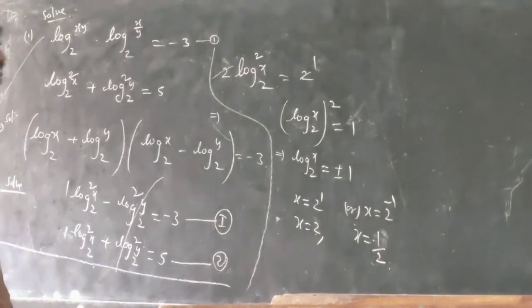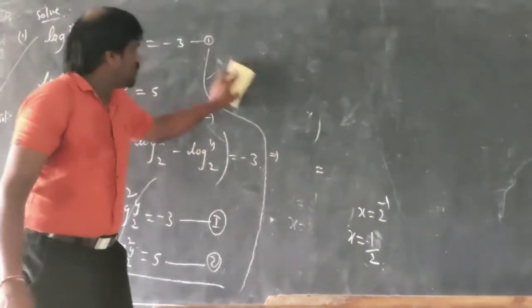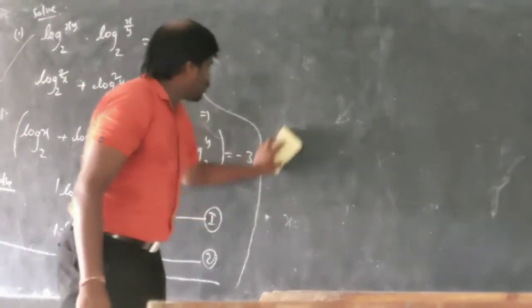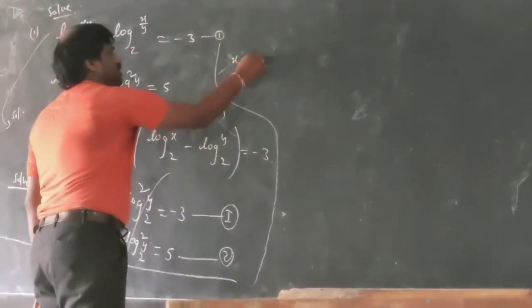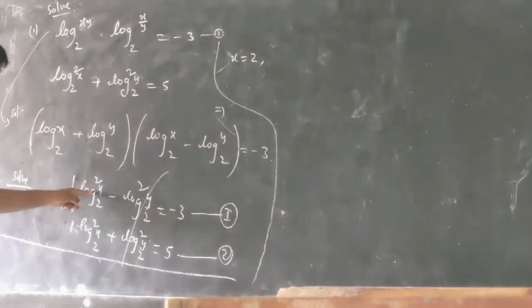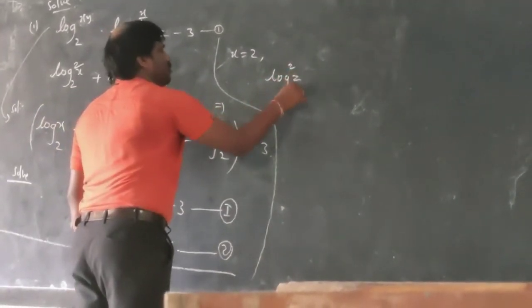Okay, I am substituting in the Roman one. If I substitute in the Roman one, what am I going to get here? Now, if I substitute x is equal to 2 in this, what do I get? Log square with base 2 plus 2.